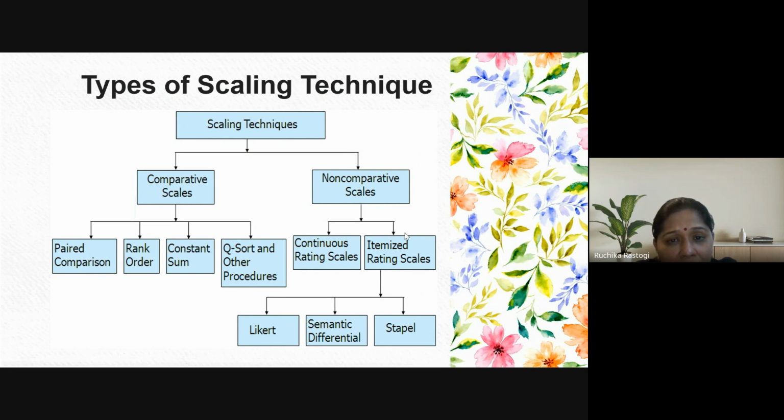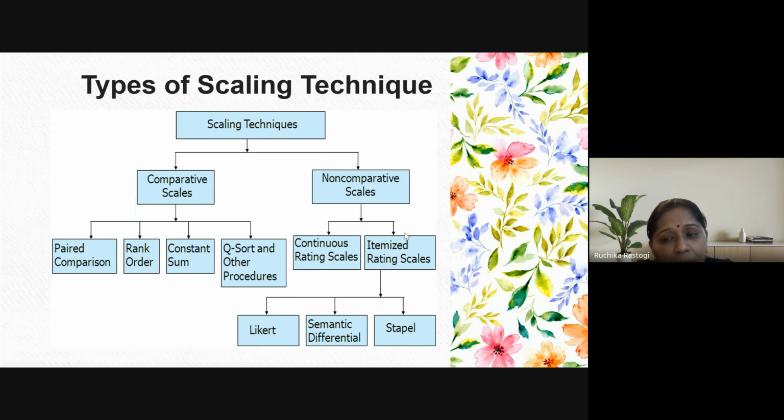What is your objective? What questions are you going to ask the respondent? And on what scale should those questions be measured? How should I ask the question to somebody? Whether I ask on a scale of 1 to 10, or I can use staple scales or semantic differential scales. Just to make sure that you are asking the question in the right way, and that it goes with the objectives, there are some scaling techniques which are very important.